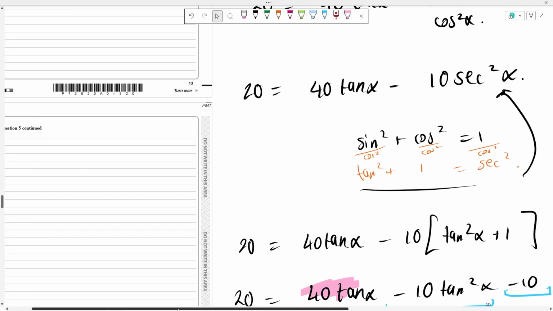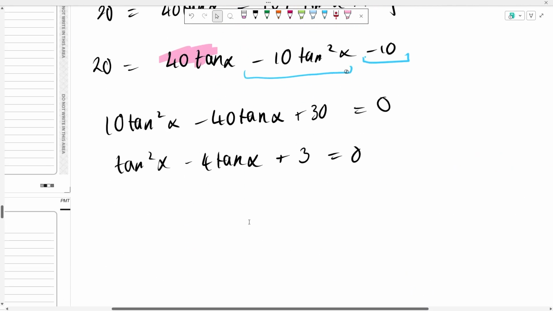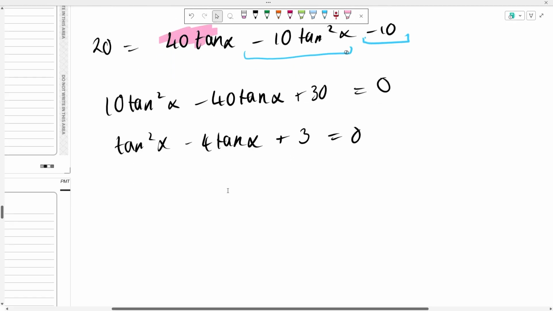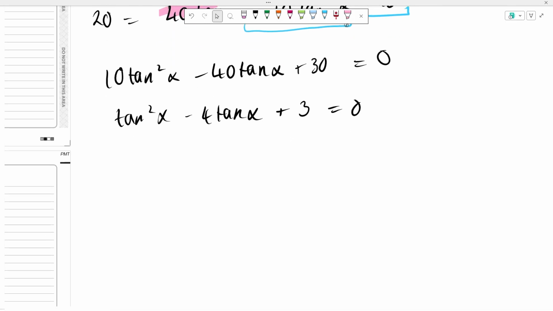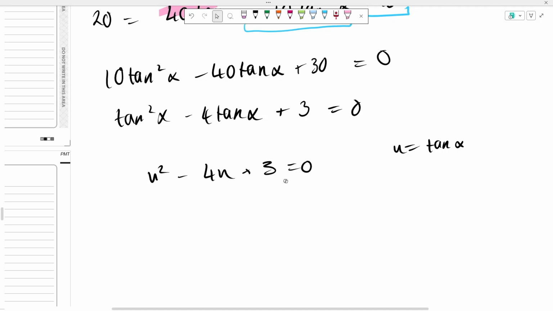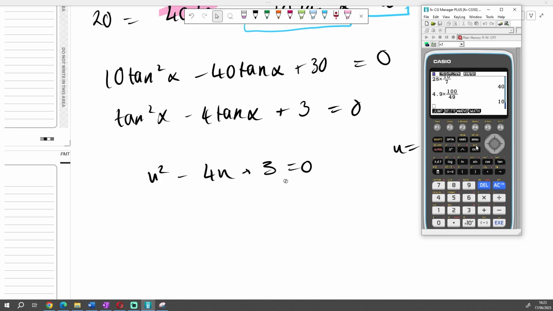All right. Well, not even necessarily reading on to part C. You can even continue on with this. Well, this is a quadratic. What I'm actually going to do is factorize this real quick, and you can use a u substitution real quick. Let's say u is equal to tan alpha. So you end up with u squared minus 4u plus 3. If it's a bit easier to identify, and this ends up with, if you factorize this, or quote unquote factorize,